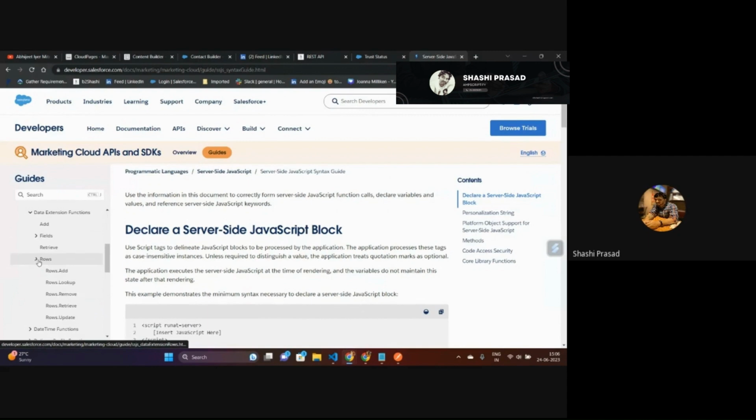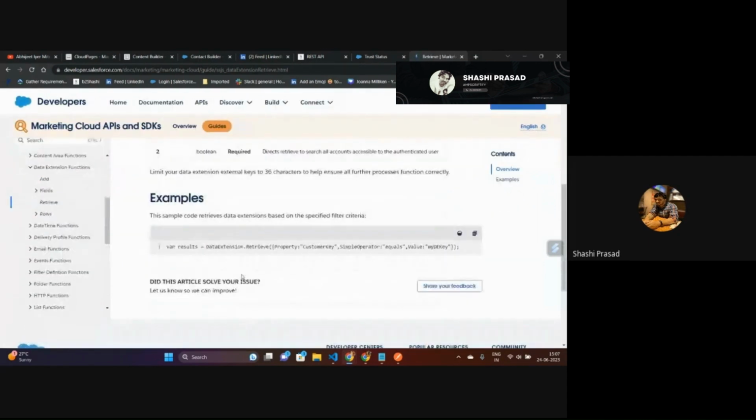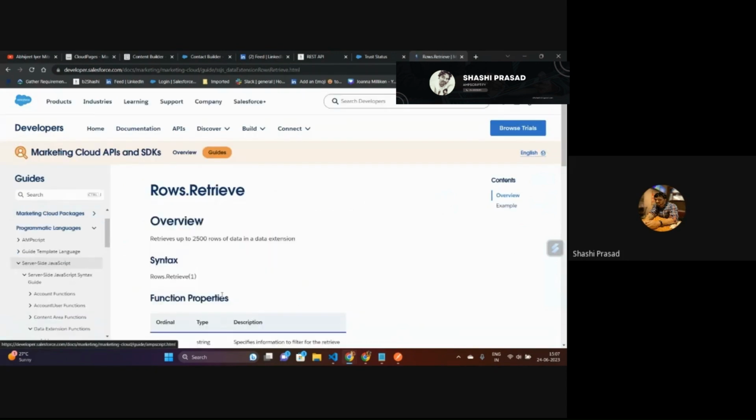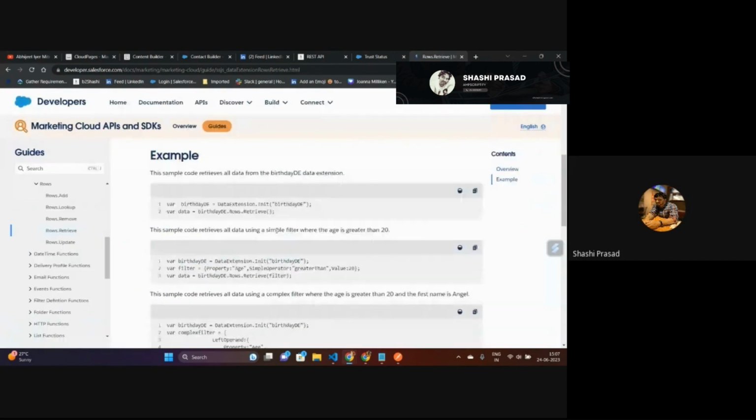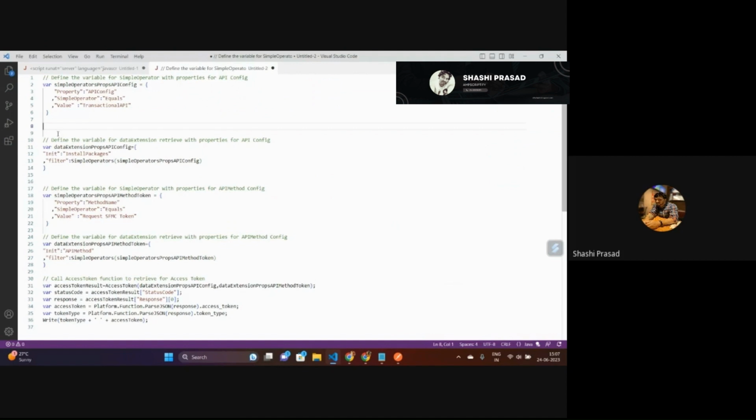I'm basically doing data extension retrieve, and more related to rows that retrieve. So if I have to retrieve this record, I need to retrieve a record. Okay, so this part, these two parts equal to, say,